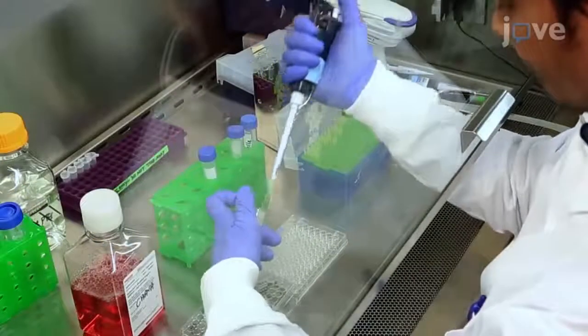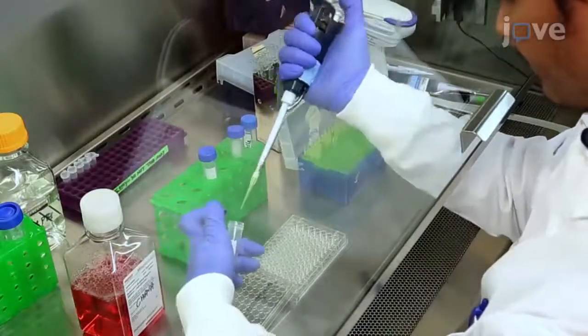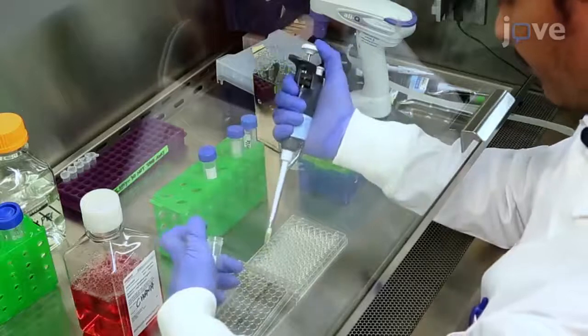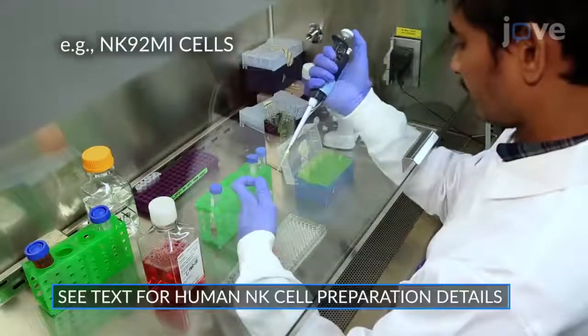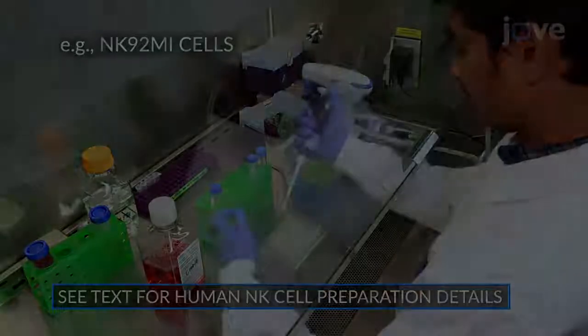Next, seed 100 microliters of the target human liver cancer cells per well in triplicate per treatment condition in a 96-well plate, and add 1 × 10⁵ human NK cells in 100 microliters of